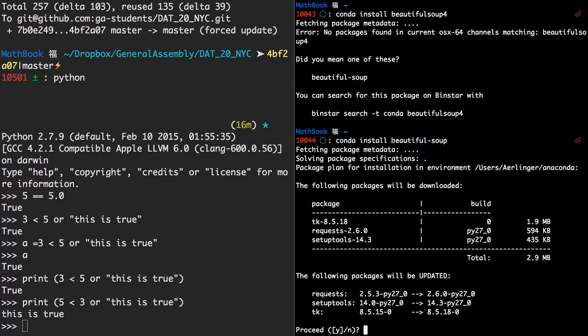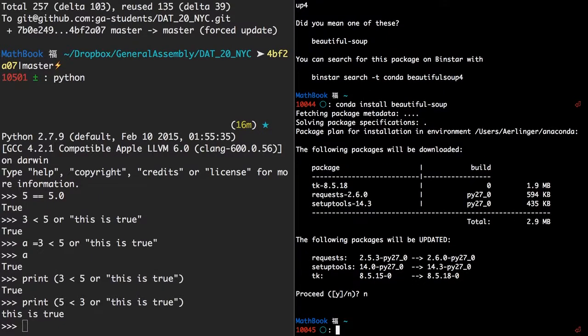If you're using pip, it's beautiful soup 4.